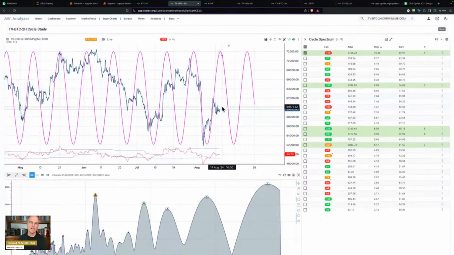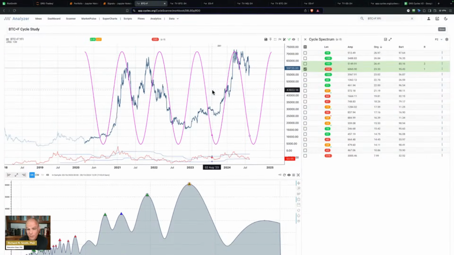But I think based on the 2-hour data, excuse me, I would wager on some downside in Bitcoin for this week, supported by the daily cycle lingering to the downside as well. All right, so we've got two different assets now that we've looked at on the 2-hour charts. Long, let's say the E-mini S&P, and short Bitcoin based on the 2-hour cycles for at least the next few days to a week.